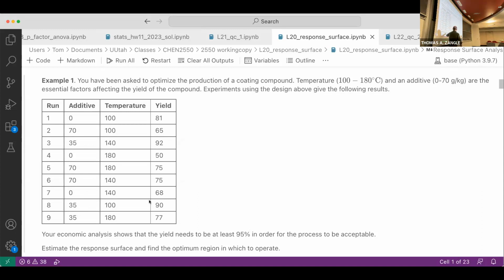else going on that's changing as a function of time or changing as a function of run. You're doing this on a piece of equipment that's degrading over time because of the temperature, or the other materials in your mixture are aging over time in between these runs, and so they're not as fresh by the end. And so if you have a non-randomized set of conditions in your experiments, then you may confound the effects of something else that you haven't considered with the effect of one of the things that you were